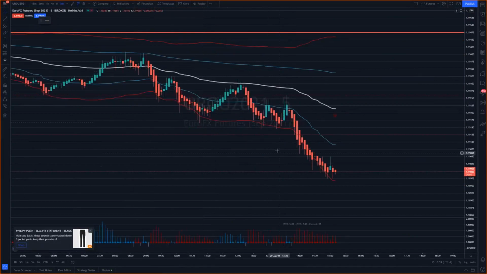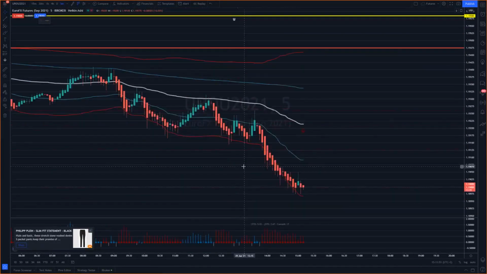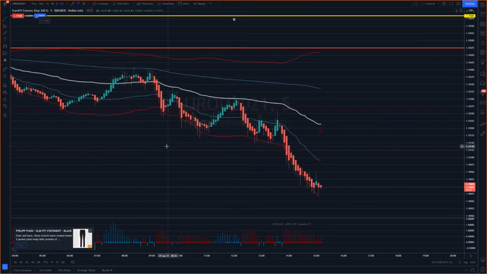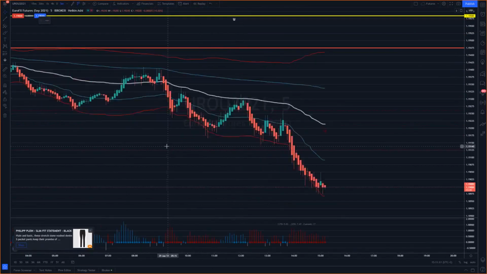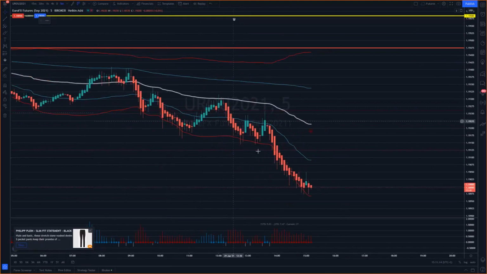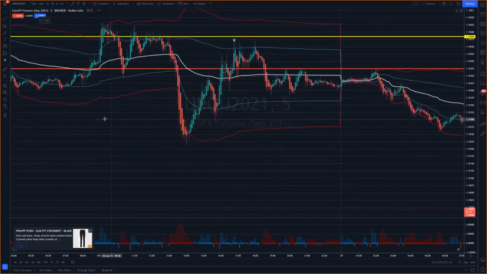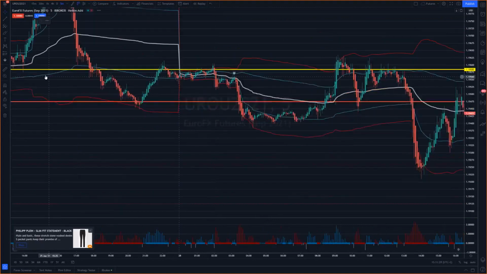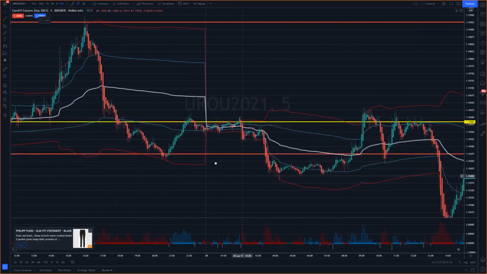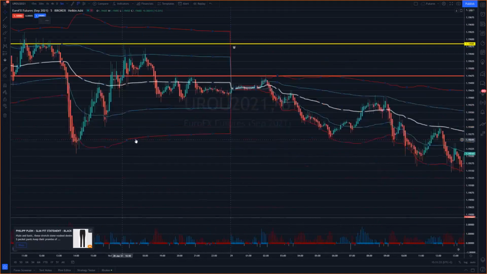Remember that this is the euro. I only trade the euro because I like to get familiar with what I trade, right? So according to the rates we saw before, we understand that the euro was weak against the other currencies. And here we can see how it's been going on a downtrend during the whole day, and this was coming from this top 2 days ago. So it's been getting weaker and weaker